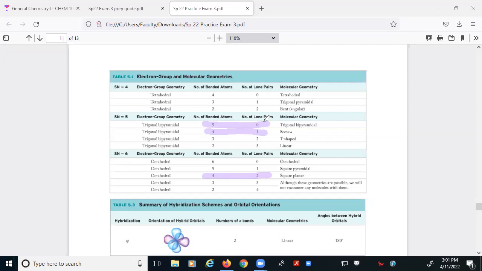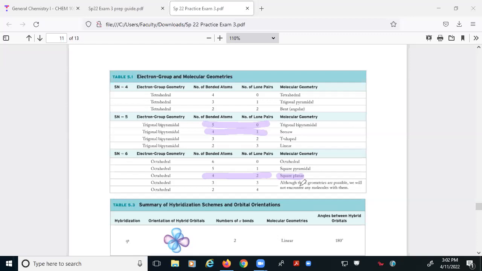Now, in order for something to be flat, that means it can't have any 3-dimensionality to it. It has to be planar, 2-dimensional. Well, right off the bat, the one with 4 bonds and 2 lone pairs fits that description. Square planar is going to be flat